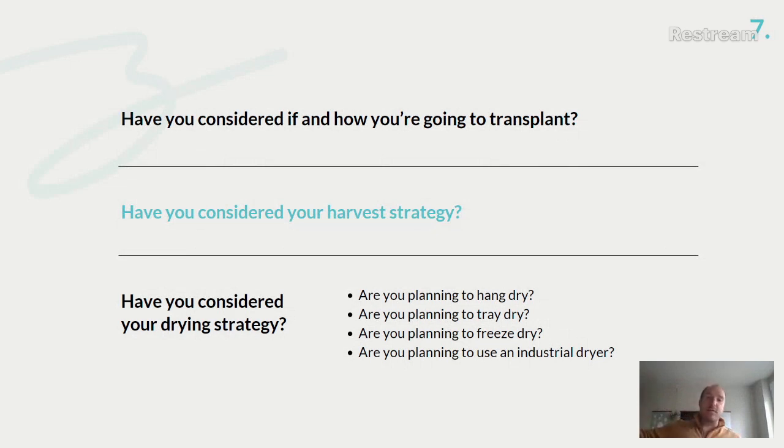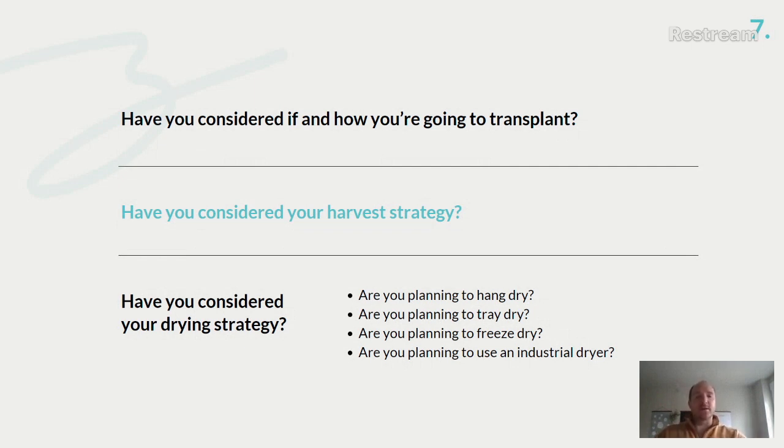So going back to that very first question, if you told me that you want to grow for the top shelf, do not use an industrial dryer to dry your plants, because that's something like a lumber dryer. There are some very large MSOs that use these so that they can harvest on a Monday, dry it on a Tuesday, and literally package it and have it on the shelf Wednesday or Thursday of that same week. That's going to be a very low perceived quality product. Will it have the cannabinoids? Sure. It will have nearly no terpenes. And for anybody that wants a quality product, it's not going to be there.